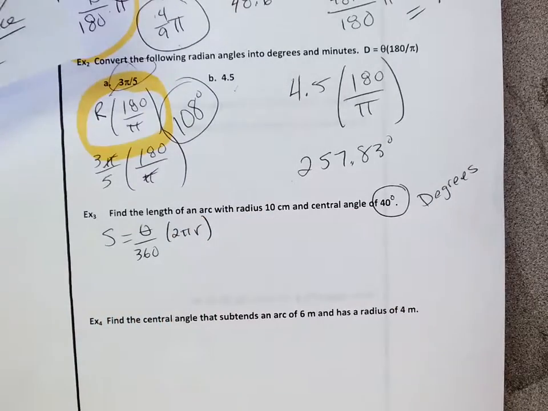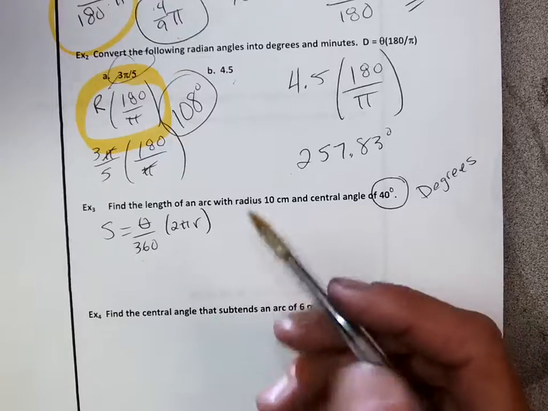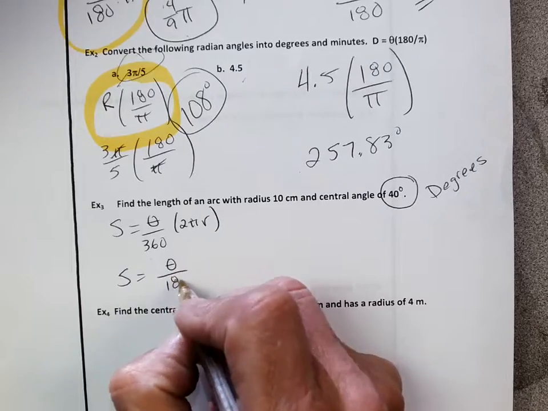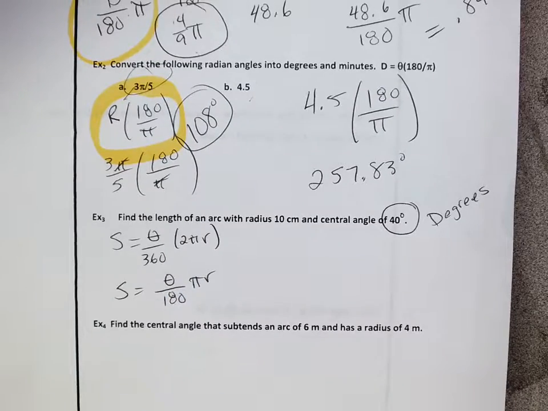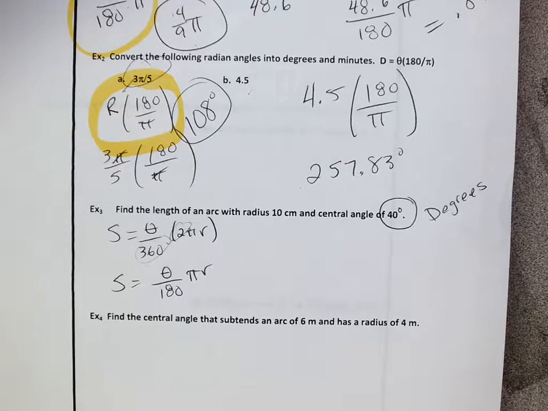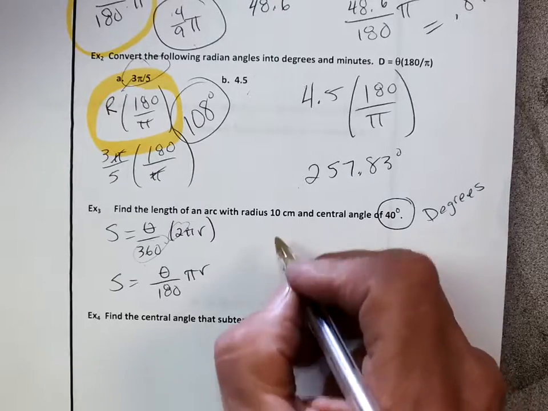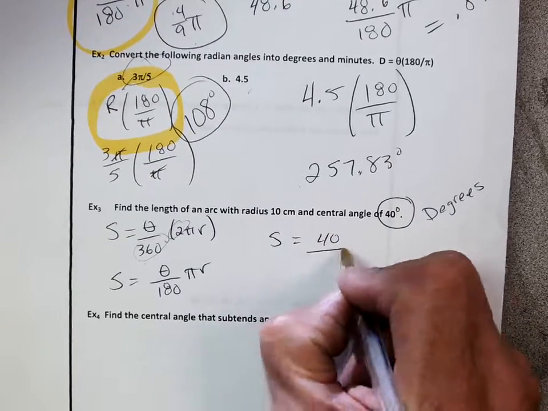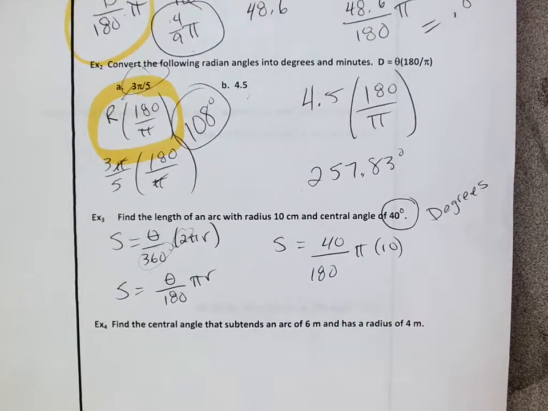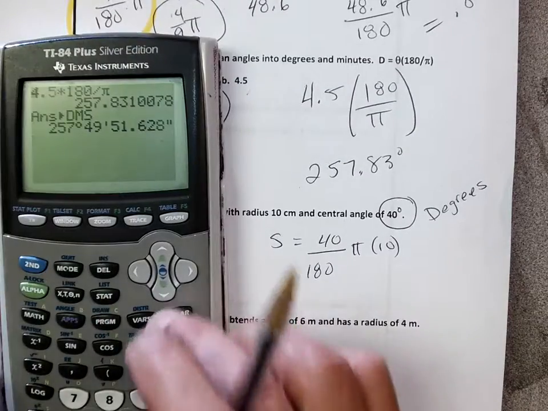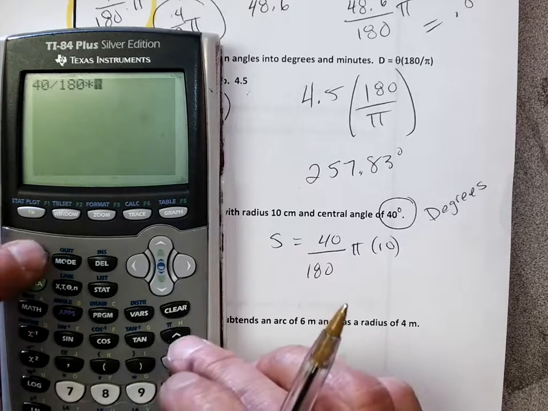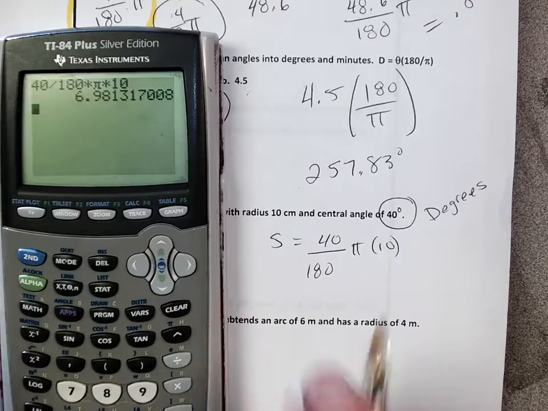Do you mind if I simplify this formula just a little bit? Honestly, the 2 and the 360 are kind of bothering me. I just write it as theta over 180 times pi r. Same formula, but I just reduced the 2 and the 360. You okay with that? Just one less number to deal with. So in this case, S is equal to 40 over 180 times pi times 10, and I'm going to use my calculator. I go 40 divided by 180 times pi times 10, and I get an answer of about